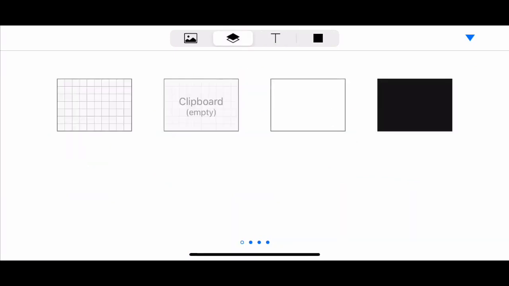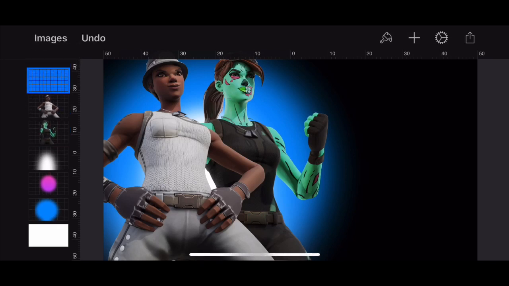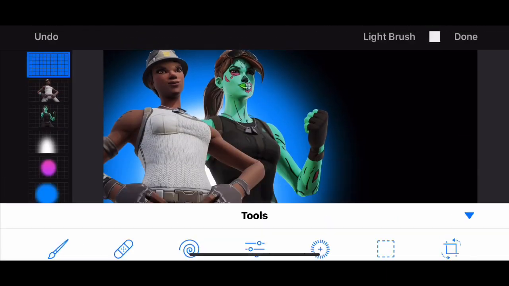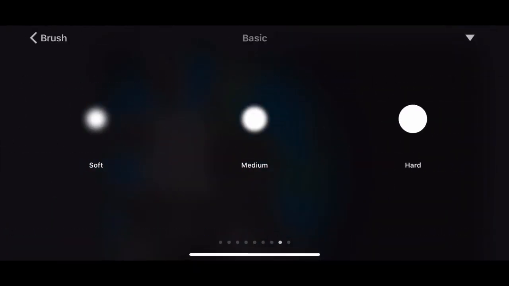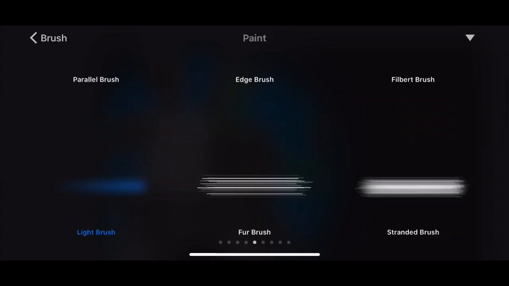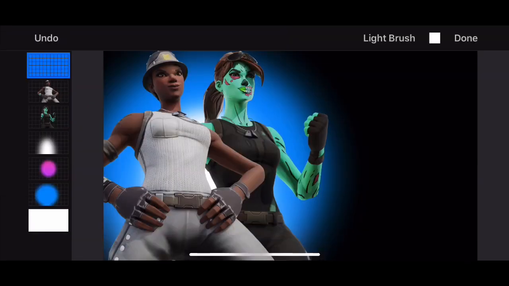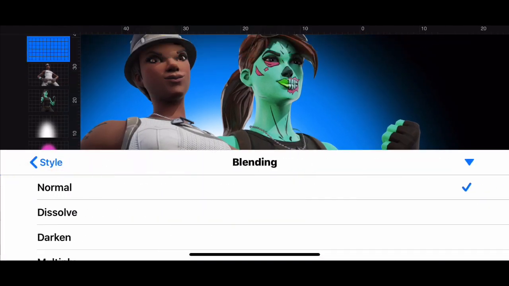And you're gonna want to click the second tool on the top, this one that is just like a grid next to the clipboard, empty, to the left of that. So this one, you're gonna make it go over the skins, and you're gonna want to click the little paintbrush tool right here. So right here is normal, right here where it goes. So basically, you're gonna want to go 1, 2, 3 to the left, and find this light brush tool. Oh, if it lets me choose it. Anyways, you're gonna want to click this one, and you're gonna click linear dodge on blending,